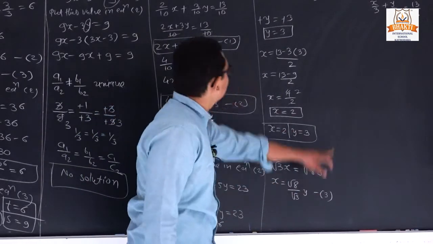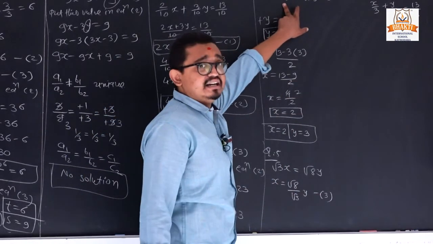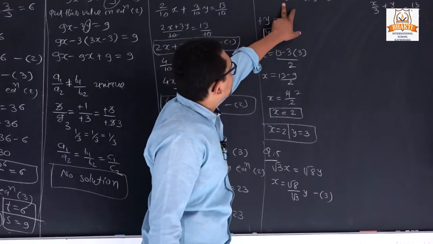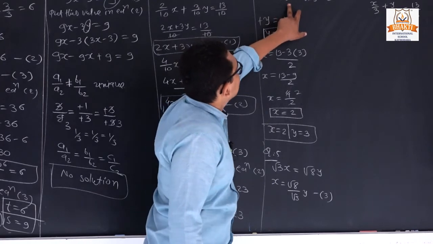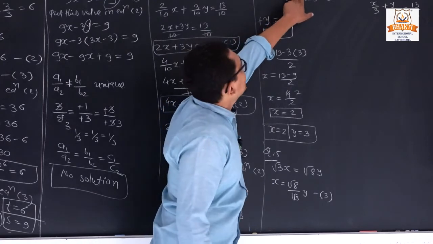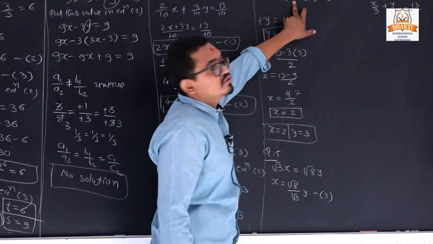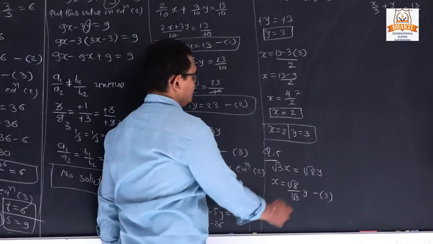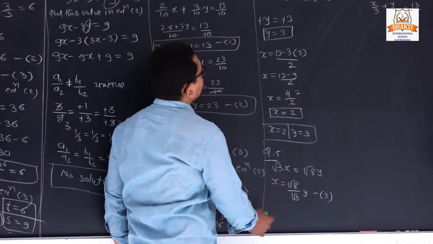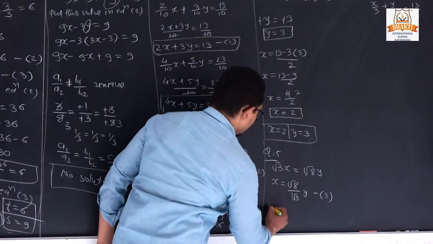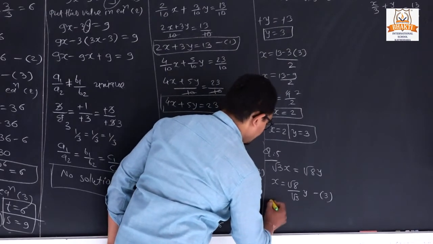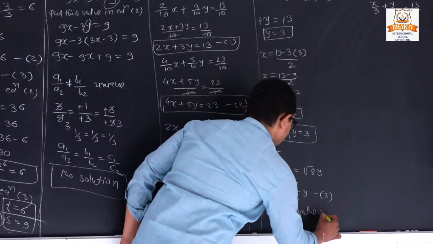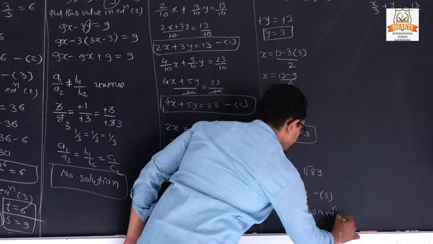Now put this value in equation 1, because we can take x from second. If we are taking the x from second, we can put it in 1. And if we are taking x from first, we can put it into the second. Clear? We cannot take the same equation in the same situation. Now next, so root 2. So we can write here, put this value in equation number 1.